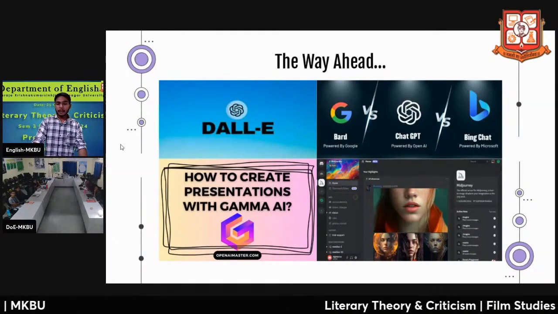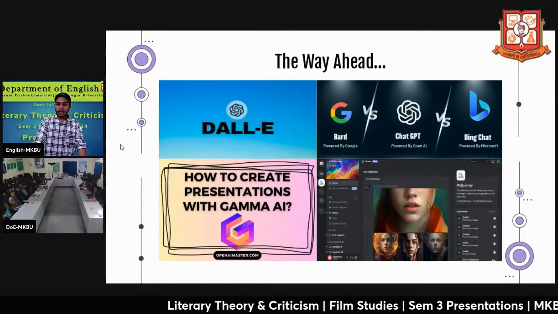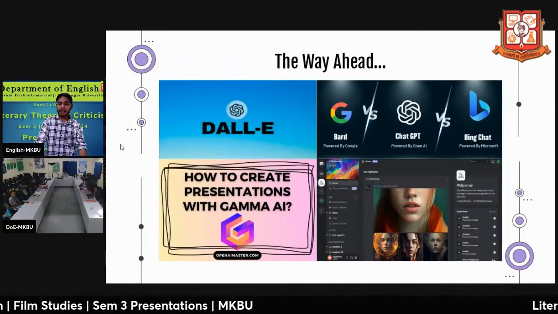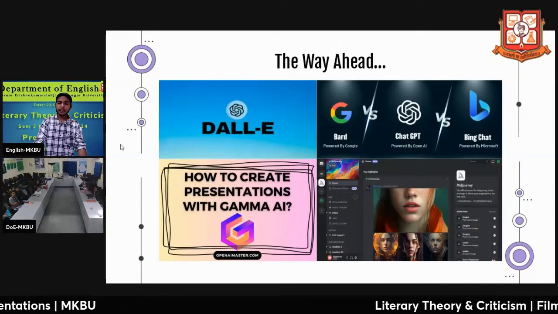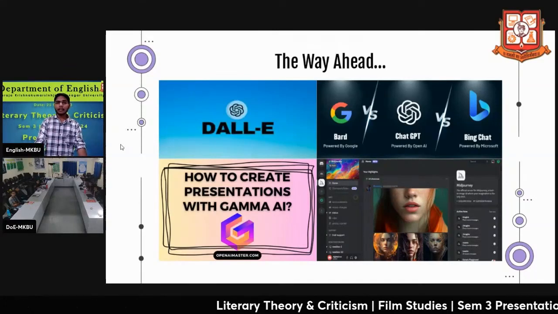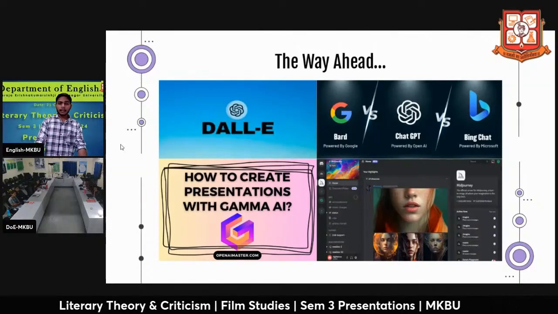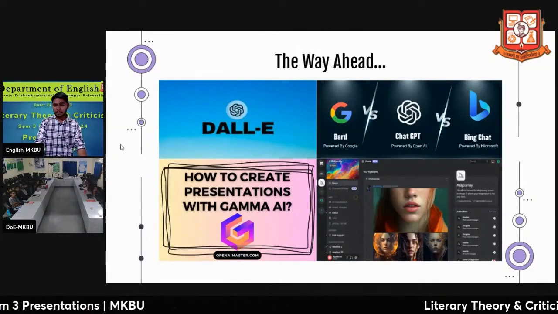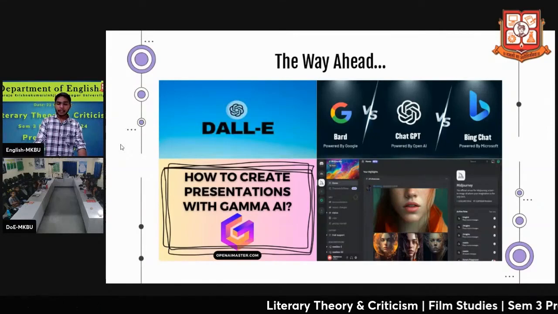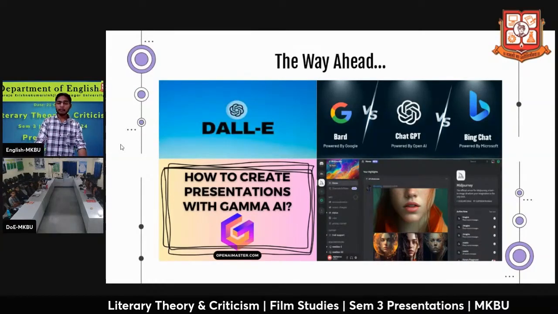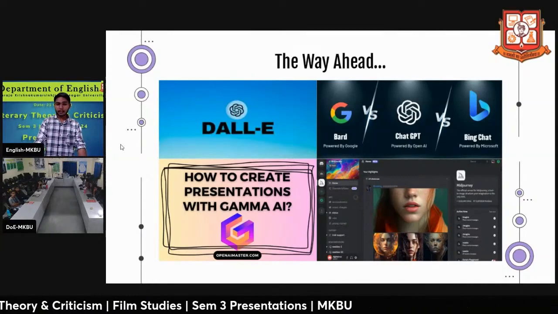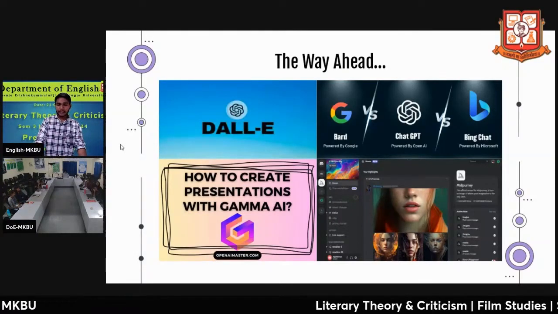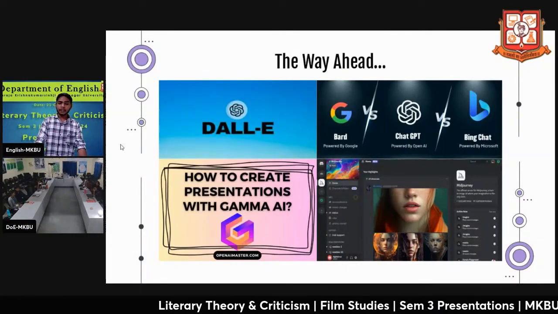Here are some AI tools like Bard, ChatGPT, Bing Chat, DALL-E, or other AI tools like Midjourney or Gamma, which are creating havoc in artwork, literature and teaching for those who do not believe in them. But they are also creating ease for those who are going with the time, and they are creating things very fast.